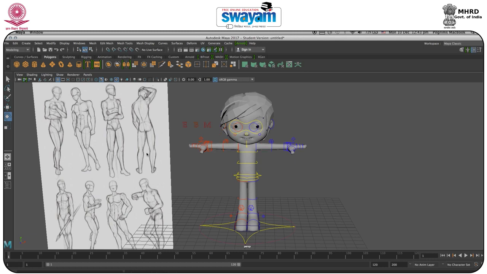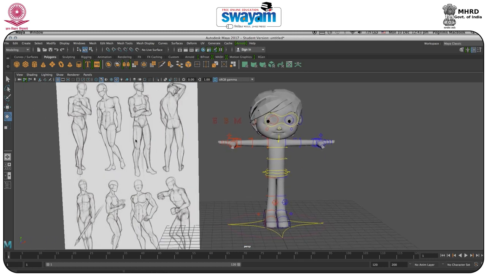At first I will select the simple rig. So at first I will select the simple reference.